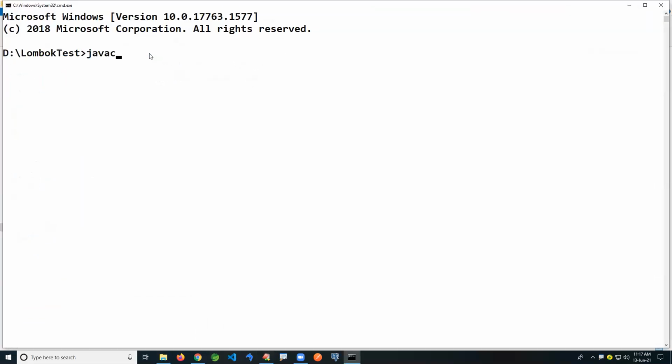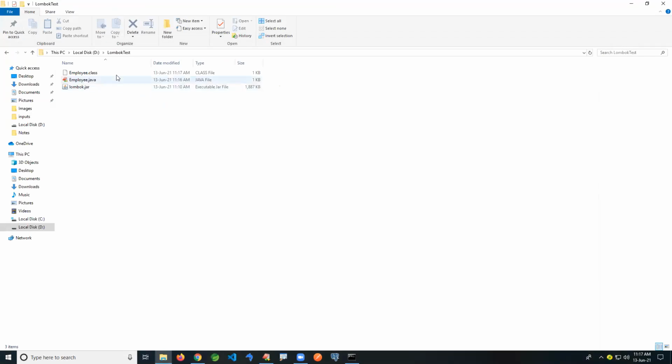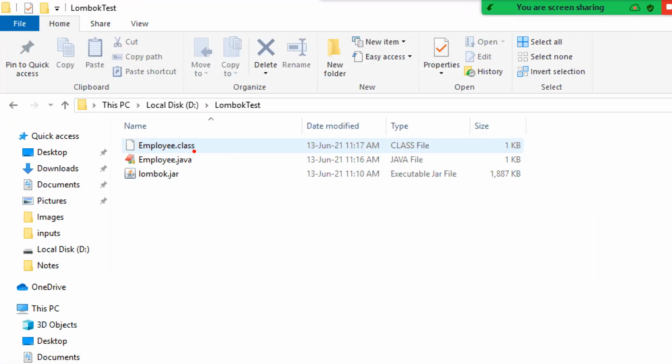I'm executing a command, actually javac -cp. It will generate intermediate source code by taking our application; mention your jar name and your class name. javac -cp, jar name, space, your .java file. Press enter. It's going to compile that, and at the time of compilation, it will generate that code also. If you want to see the source code, here it's not possible. A .class file is generated.